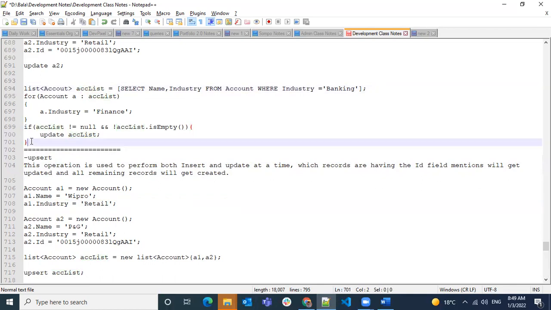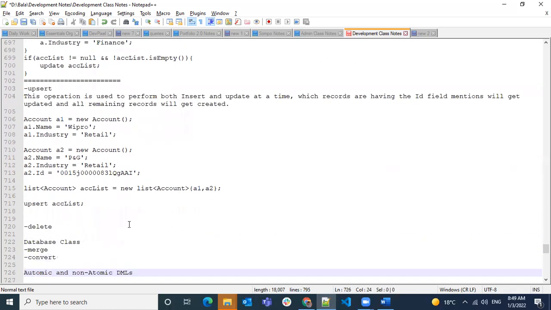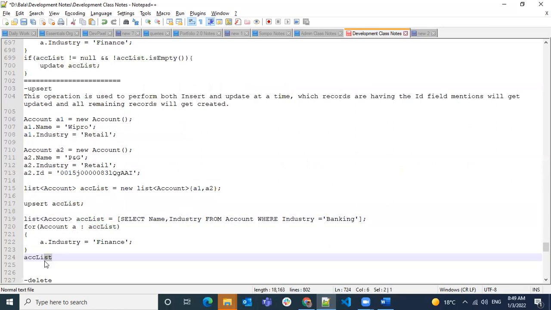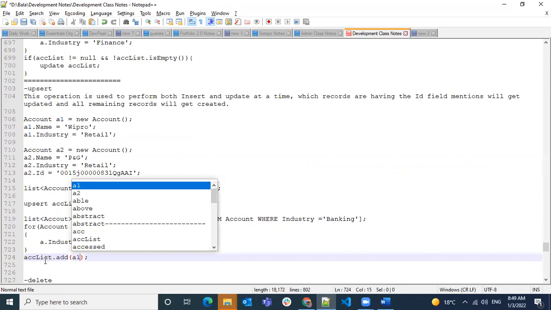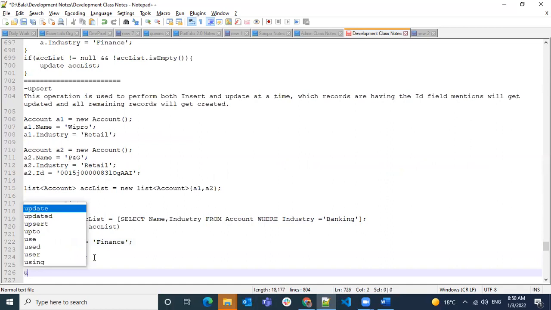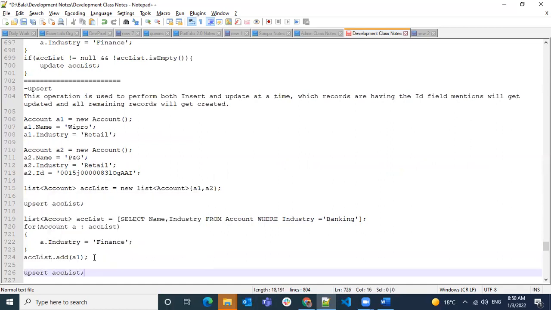So let's say you have the same operation over here, and then after this line, if you want to add some new records like A1, and if you do an upsert, you can do it like this also.